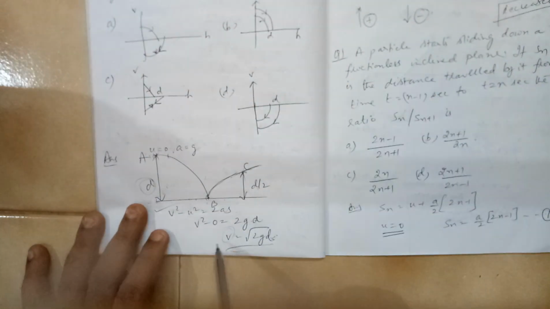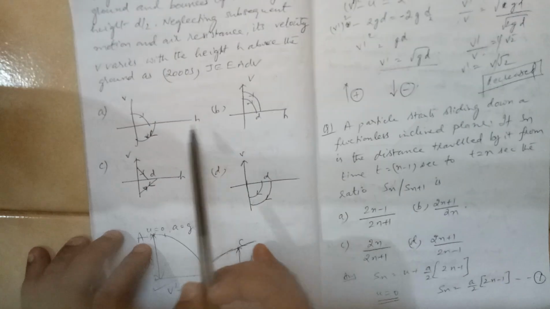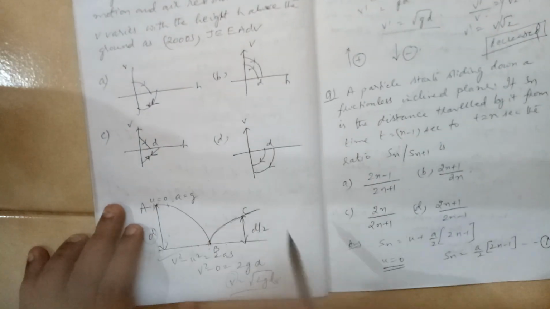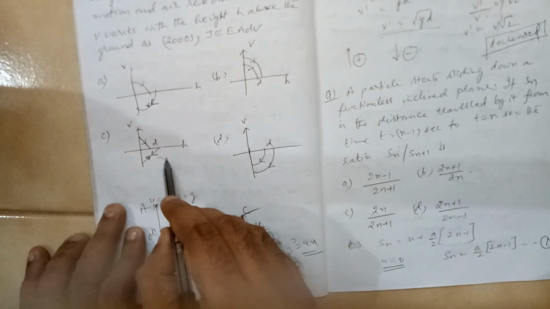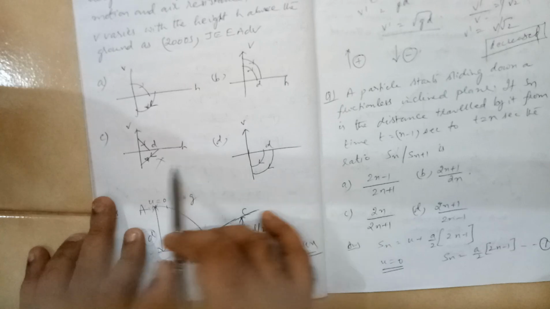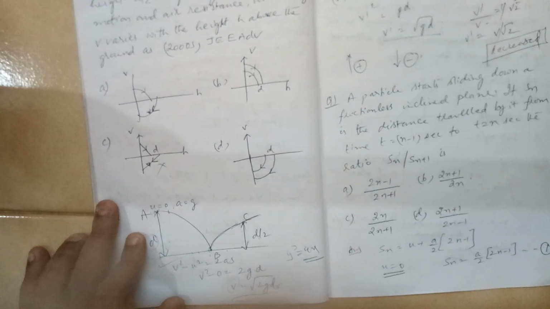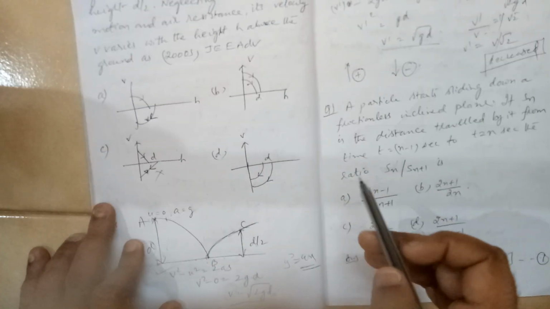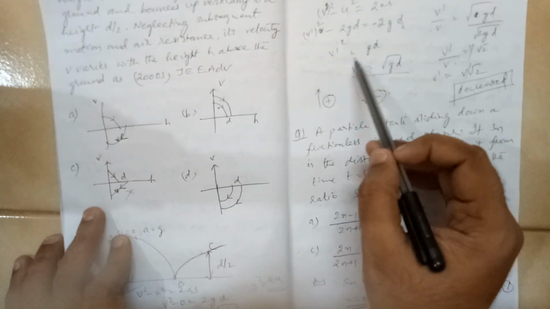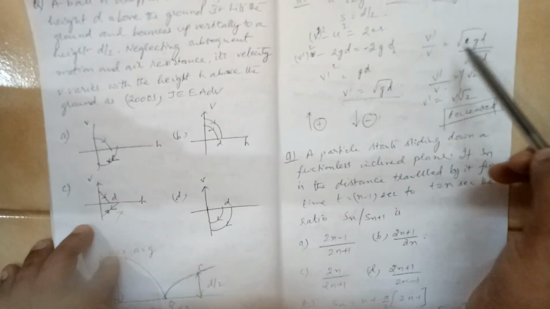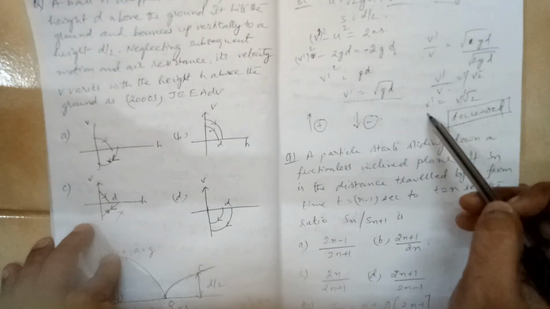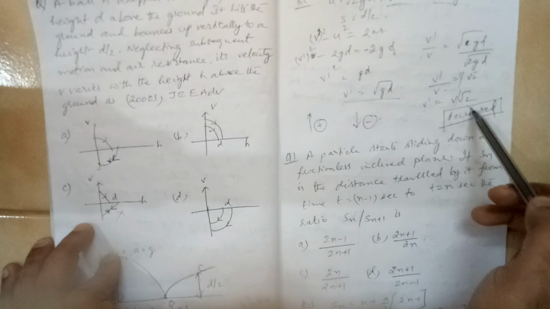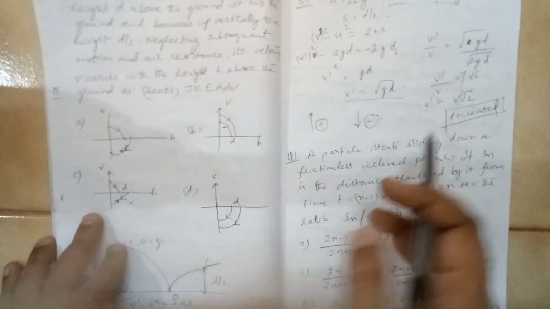One thing you need to observe here is v square is equal to 2gd, and this graph has been shown between v and h. So it is y square is equal to 4x type. So it has to be a parabola. So this option is gone. It is showing a straight line, and it is a parabola. Here you have worked out v dash. If you take the ratio v dash by v, you are getting 1 by root 2, or v dash is equal to v divided by root 2. That means v dash is less than v.